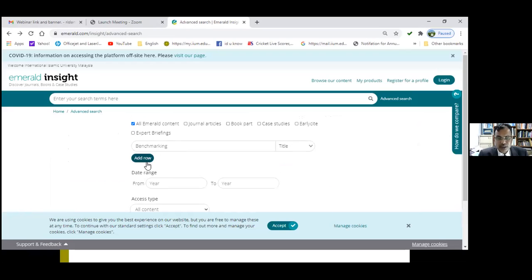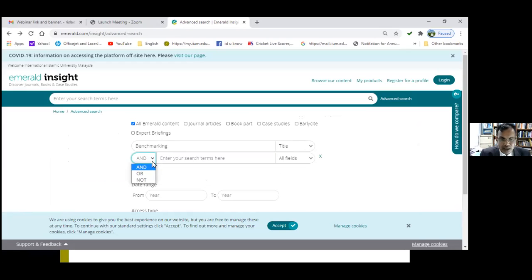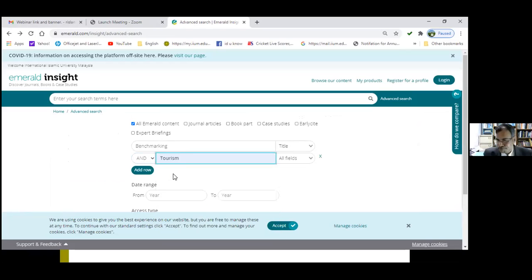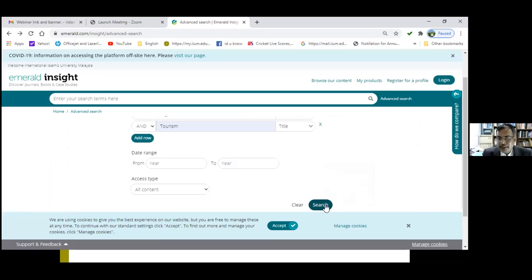So what I'll be doing, I'll be adding a row. And these are called Boolean operators. There are mainly three: and, or, not. But and is the most widely used. So by default, it is and. So here I will be using tourism. And maybe the tourism I want in the title, which is very restrictive. So if I do this, then if I click,